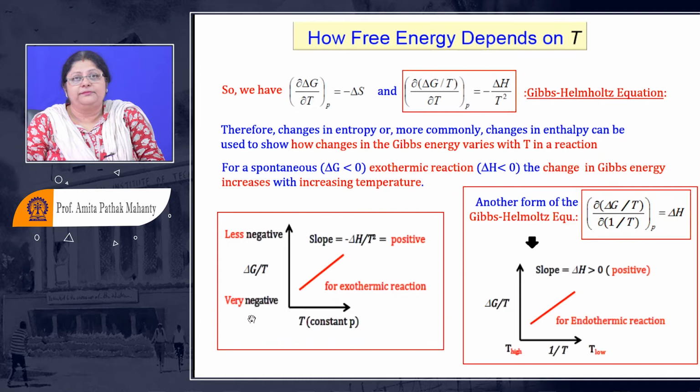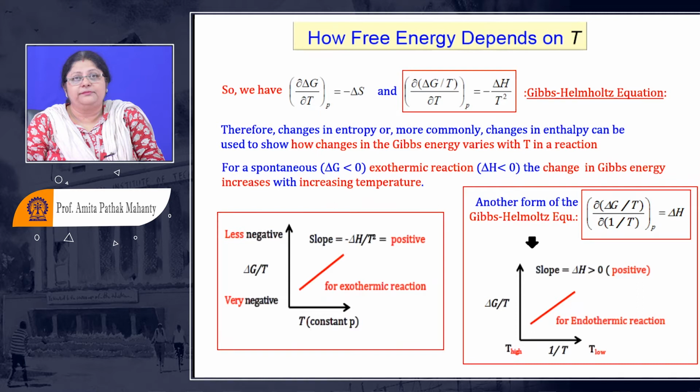So we can make out from this, when you are having very negative values of delta G, from very negative values to less negative values, this is the scale of delta G we are looking into, because we want a delta G which is supposed to be spontaneous. That means the delta G is supposed to be negative. So for a negative value, how will the plot look like if it's exothermic, and how should it look when it is an endothermic plot?